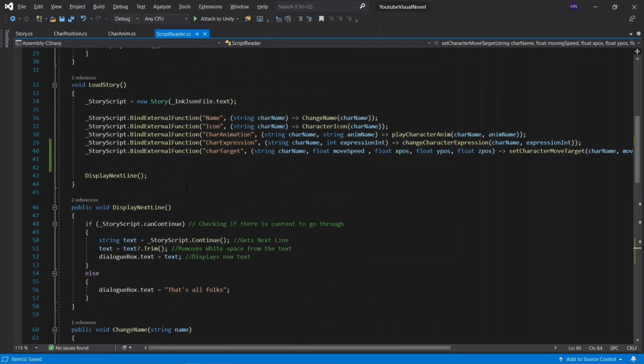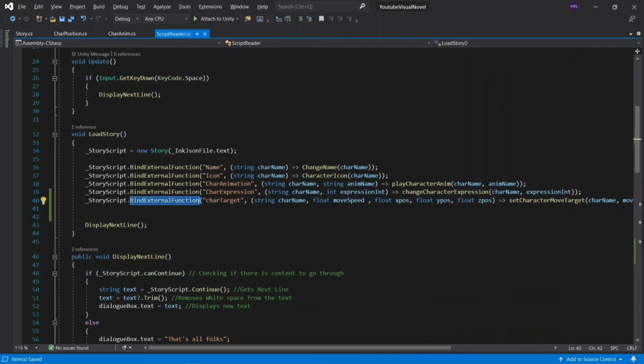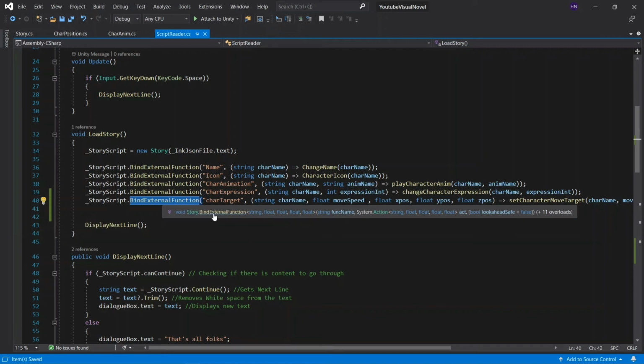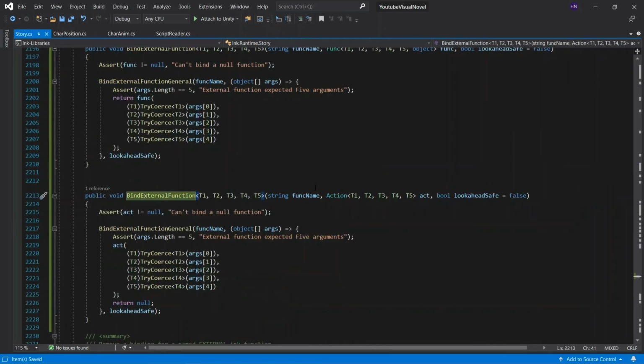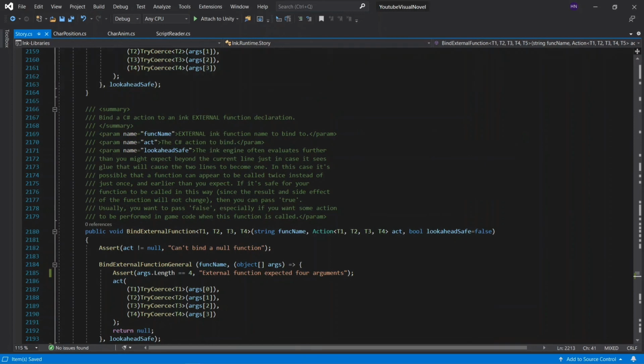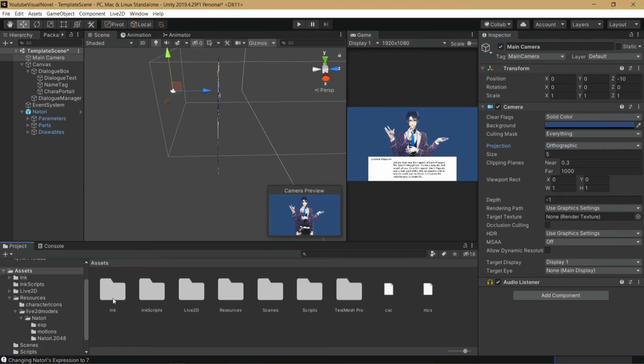So now what you're gonna do is go ahead and write your binding, and hover over this, and just go to bind, story bind external function. This is basically just a function in the story script. Now, what you can do is go to the story script, which, if I am not mistaken, is in ink,